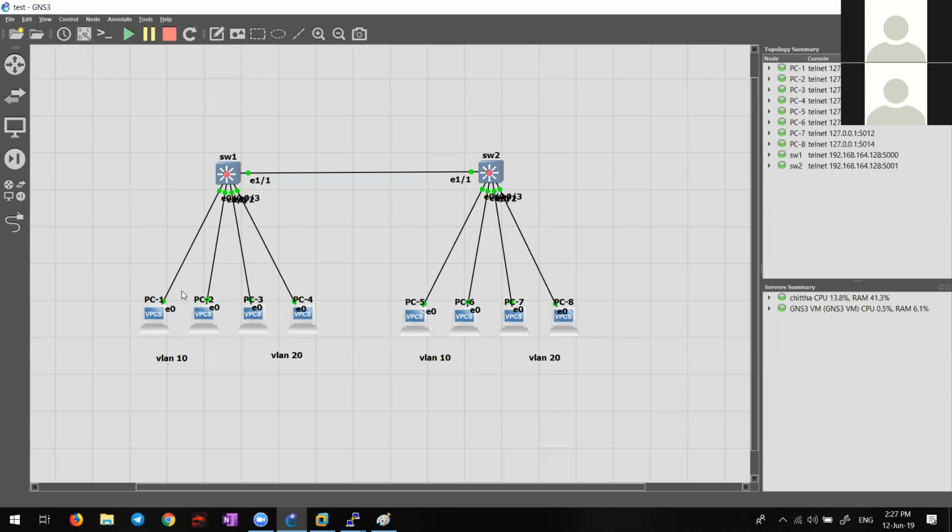Yesterday I told you, whenever data is flooded from a particular VLAN, which interfaces will it go through? Through all the interfaces of that particular VLAN as well as the trunk interface. That means a copy will go to the PC also. So he can get certain data in the network, correct? So to avoid this situation, you have to make sure the ports which are connected to end devices have administrative mode and operational mode as what? Static access. How do I do that? You know the answer already. Switchport mode access.